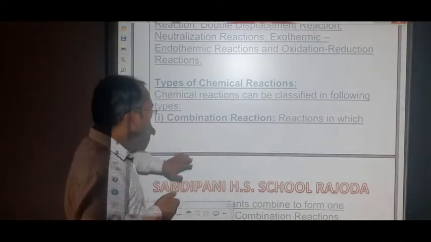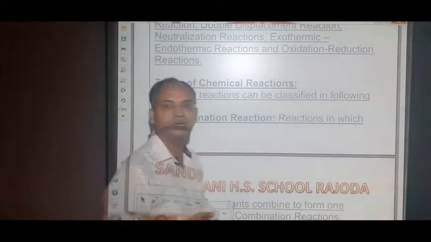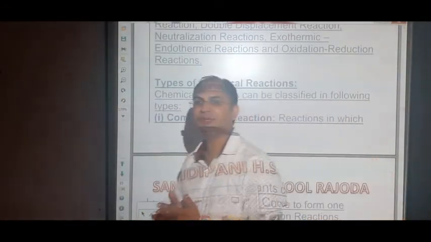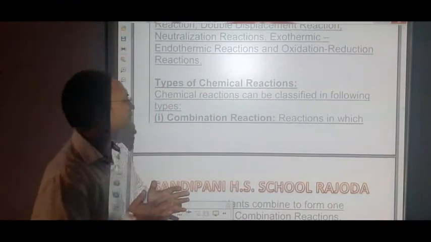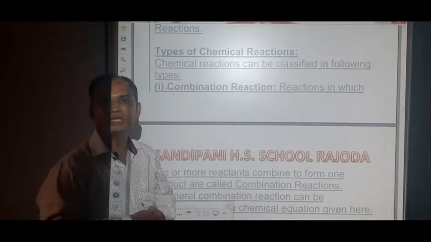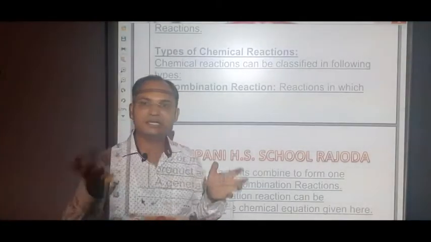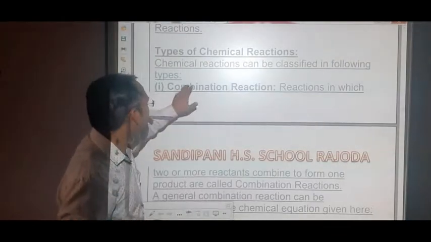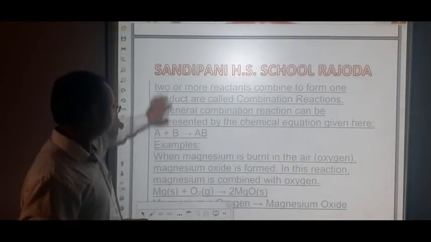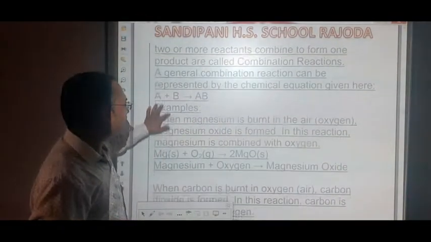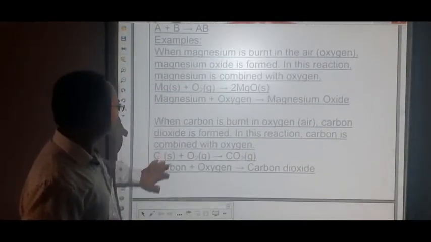In our previous video, we studied the types of reactions. Let's see which types of reactions were there. The first reaction was combination reaction, the reaction in which two reactants get combined together to form the products. So the first one was combination reaction, just like A plus B gives AB. It was a very simple type of reaction.